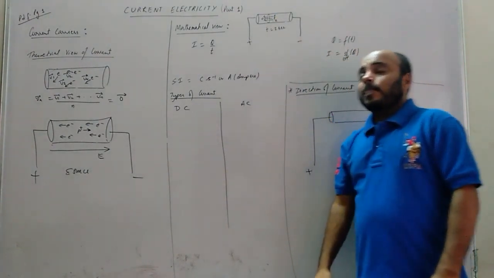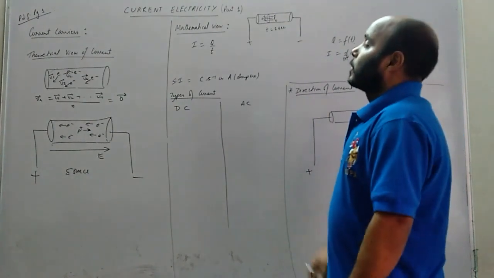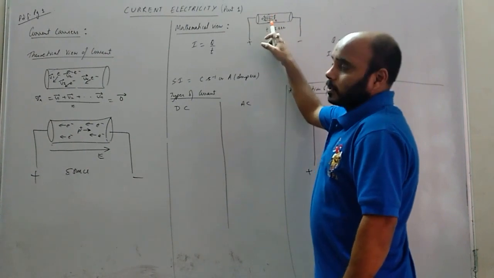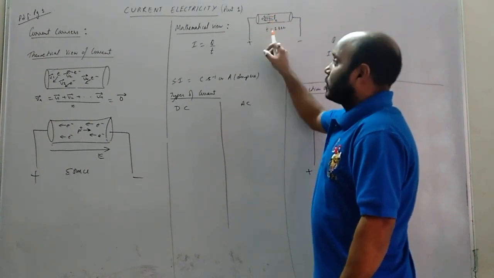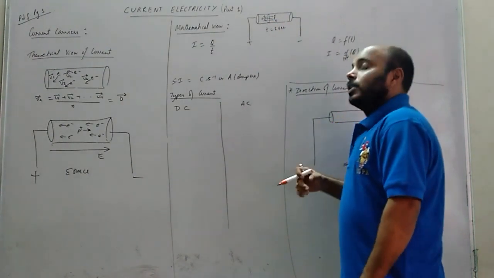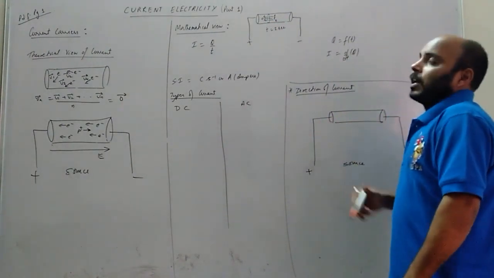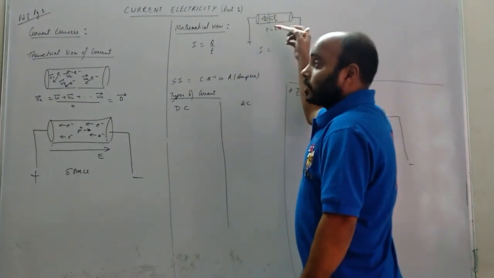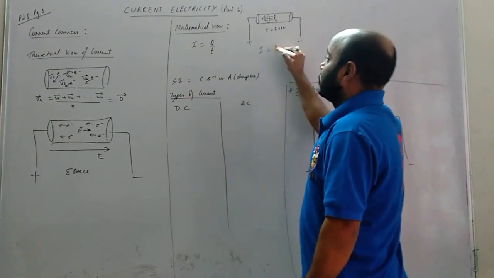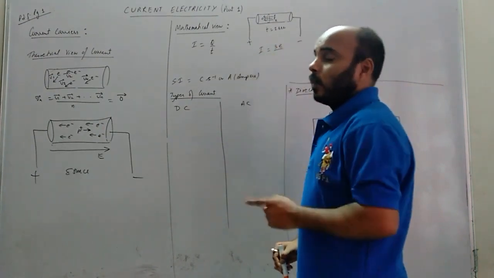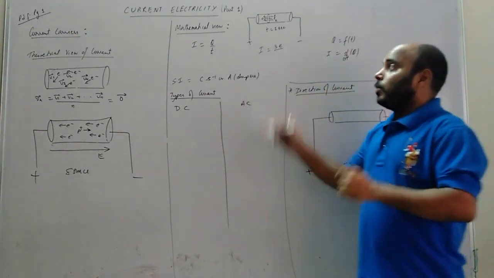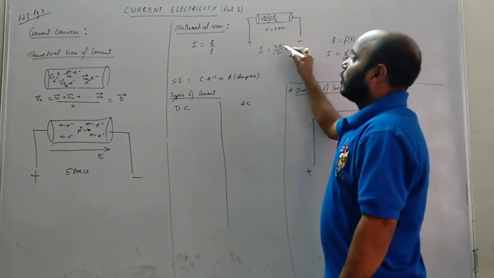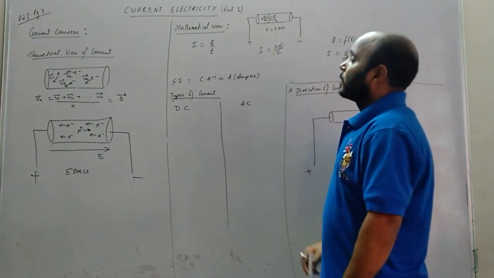Again I am repeating. Take a conductor, fix a particular cross section and fix a time interval. This time interval you can fix anything, 4 seconds, 5 seconds. In that time interval, see how many electrons are crossing that cross section. Then what is current? We have considered 3 electrons. How much charge is it? Each electron has a charge of e, 1.6 times 10 to the power minus 19 coulomb. So how much total charge? 3 e, divided by total time 2 seconds. So this is the current, where you can substitute the e value 1.6 times 10 to the power minus 19.